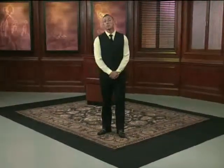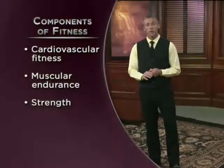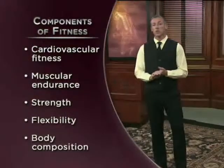In summary then, we now know that fitness can be divided into two categories, namely skill-related components and the more important health-related components, which are cardiovascular fitness, muscular endurance, strength, flexibility, and body composition. What we have discovered here is that there is a battery of tests that can be used to measure these indicators, from which we can predict risk of lifestyle disease and, more crucially, decide upon suitable tactics to improve scores